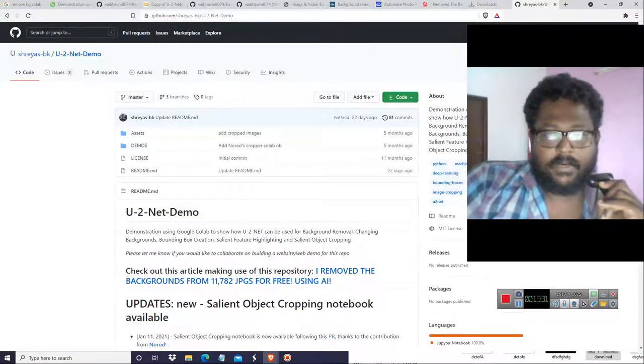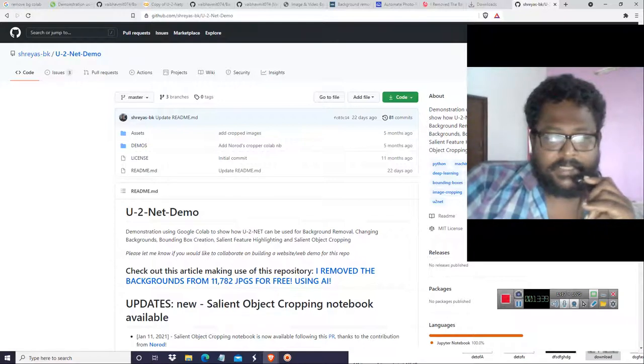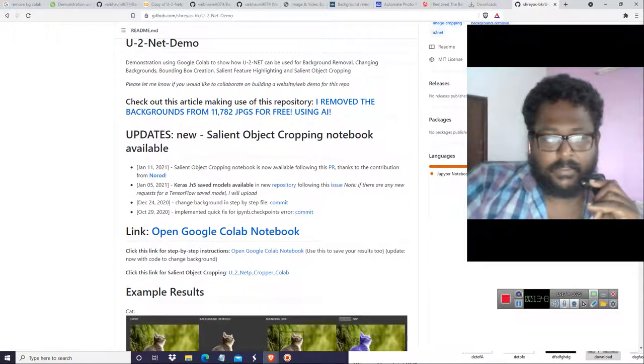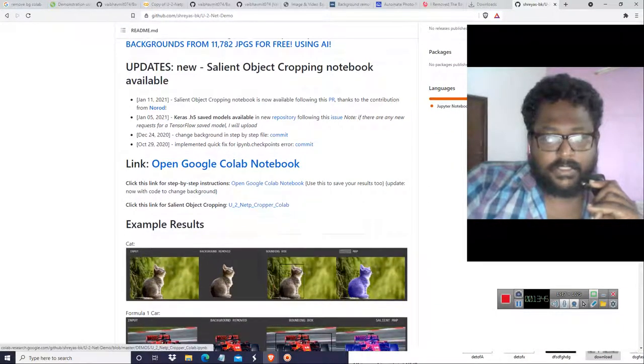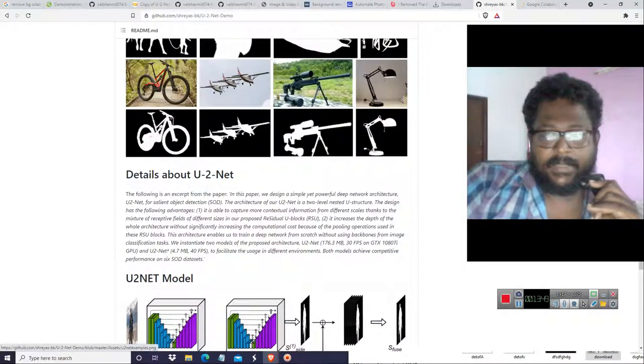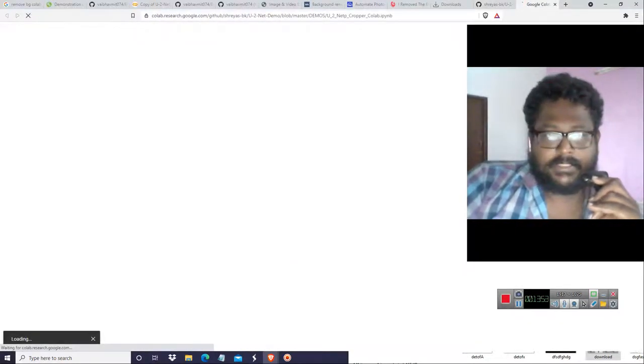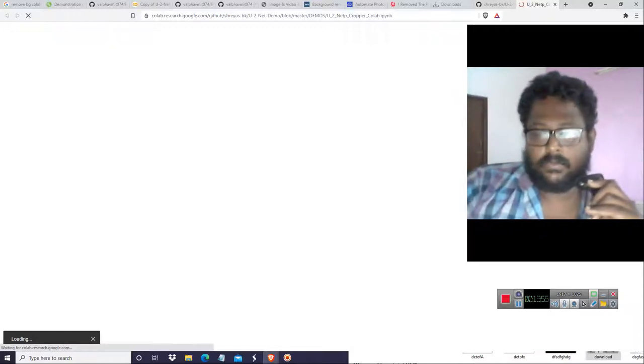Okay, now what you have to do is, it is capable of removing more than 11,000 images. Okay, so we can test it on this Colab, and you can merge this kind of background images score.